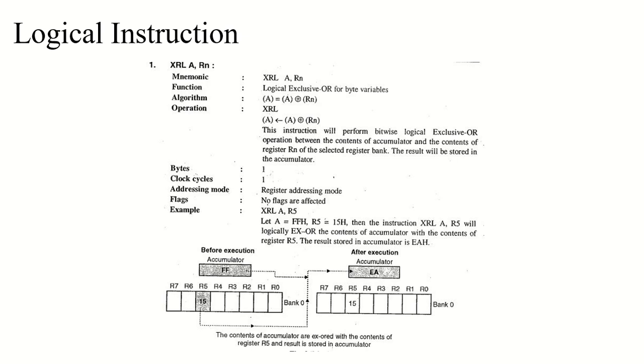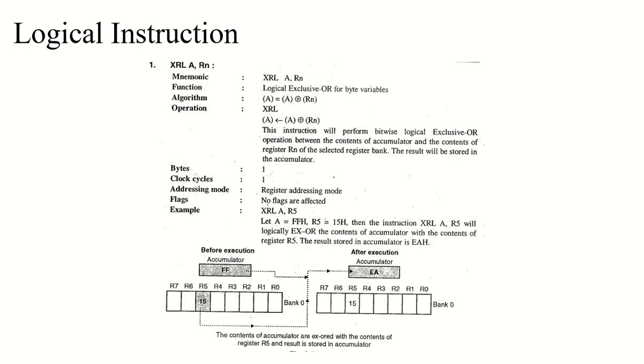So the result will be stored in the accumulator. One more time, this instruction contains 1 byte and 1 clock cycle without affecting any flags because it is a logical instruction. Let's see an example, XRL A, R5. Let's say A contains FFH and R5 contains 15H. Then the instruction will perform the exclusive OR between FFH and 15H,